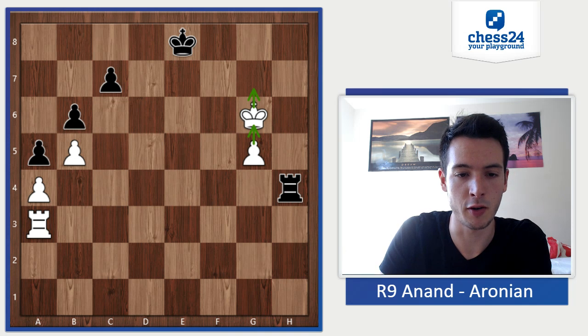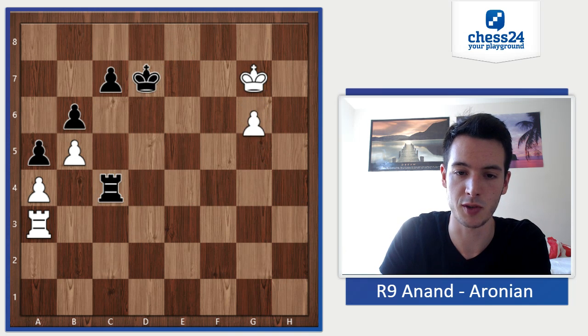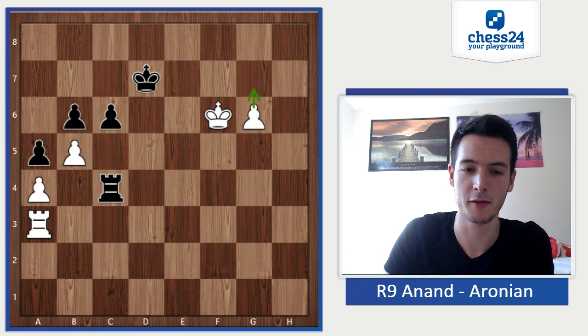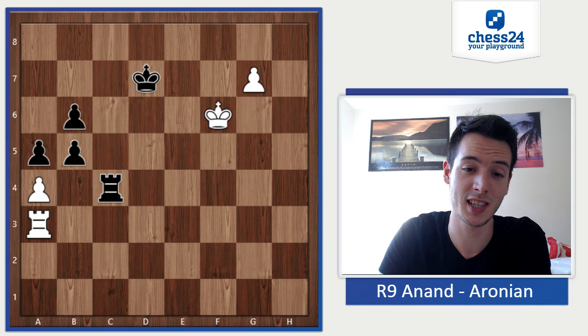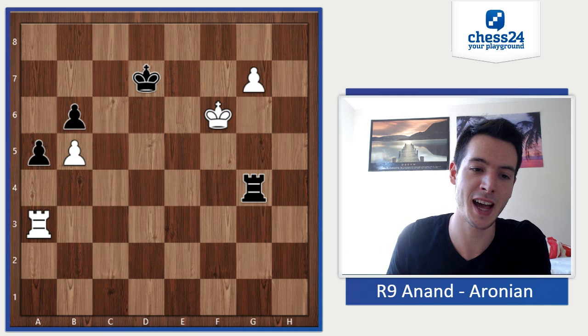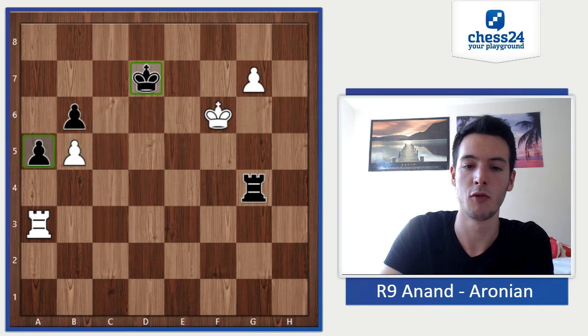So Aronian tried rook c4, now king g7, king d7, just moving up the pawn, c6, and now king f6, the king retreats to open up for the pawn, c takes b5, g7, rook g4, and now white simply takes back. Black has a passed pawn, but too far behind, the king also not active enough. Rook g1,